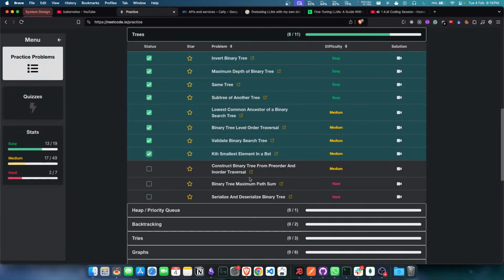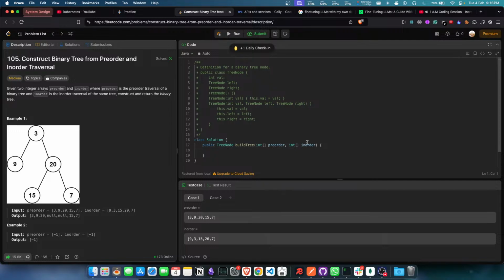Now we can begin with some Leetcode maybe. Cool. I'll solve one Leetcode question and then I'll proceed to studying about fine-tuning LLMs. So yeah,